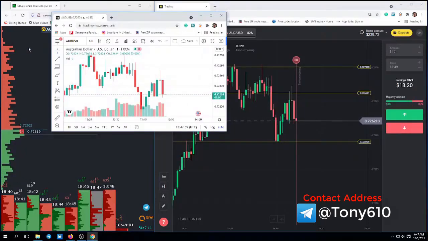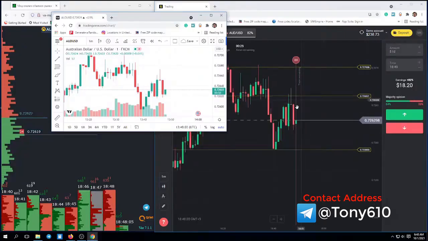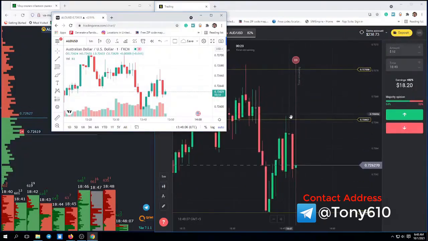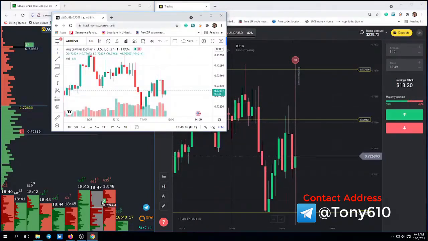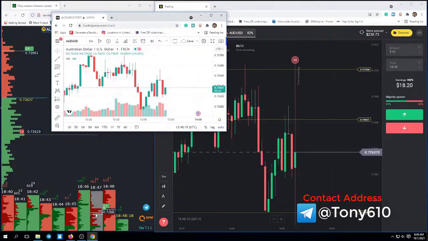So we can see this is the resistance level. The market got a strong rejection from the resistance level, and after getting the strong rejection from the resistance level, then we can see the sell